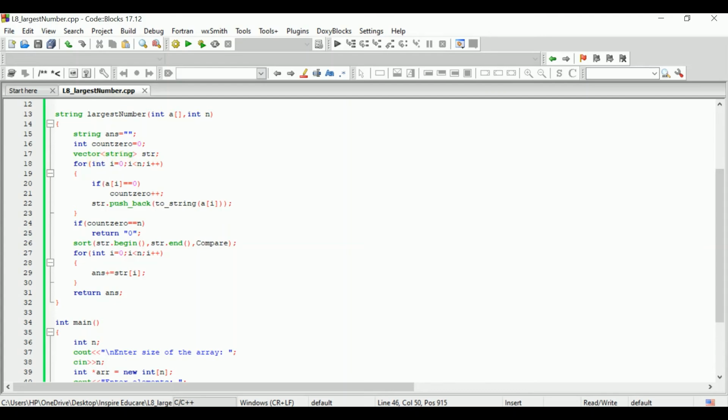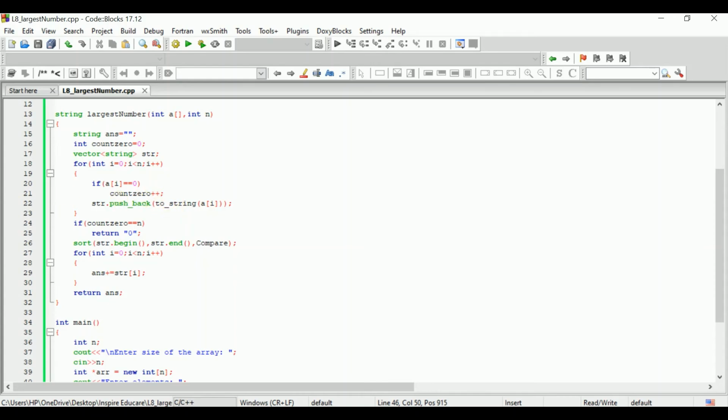Now we have run a loop till the size of the array, and we have checked the condition: if a of i is equal to 0, that means if the element is 0 or not. If it is 0, then we will increase the count of 0, and we will push back the element in the str vector by converting it into a string.